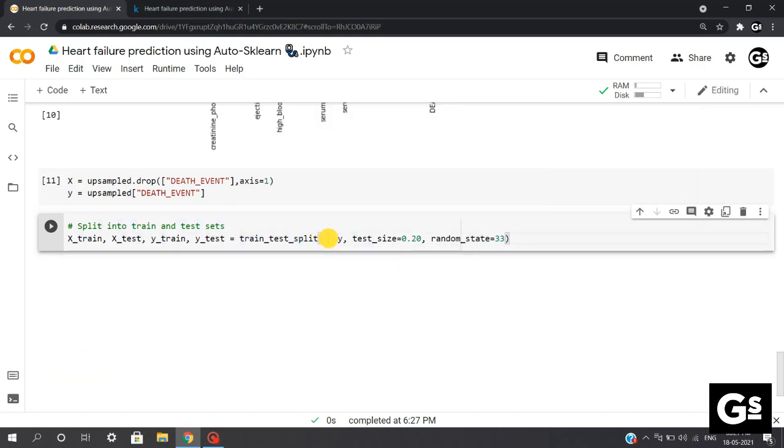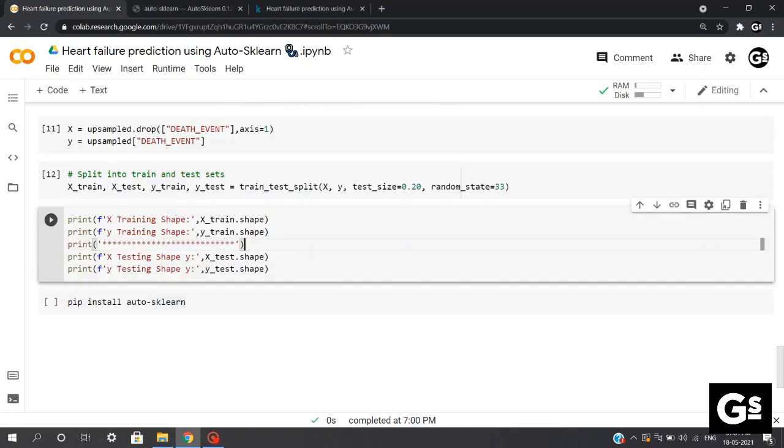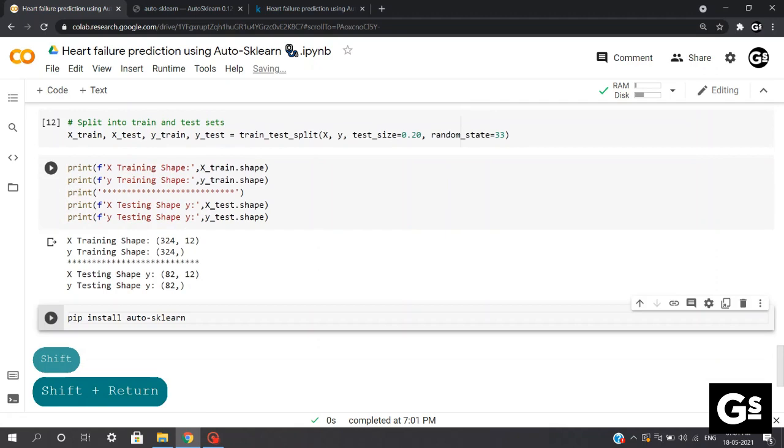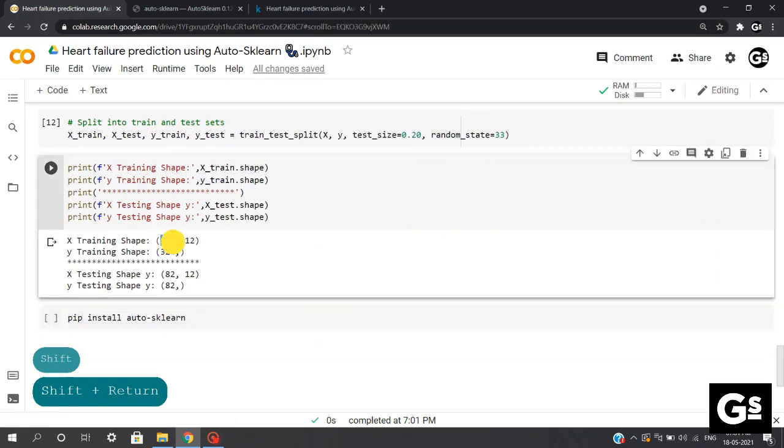We'll pass our X values, Y values, our test size as 0.20. That means our training data will be 80% while the test data will be 20%, and random state as 33. Now let's quickly print the shapes of our training set and our test set. So we can see that our 402 data points are split as 324 training shape and 82 as testing set.